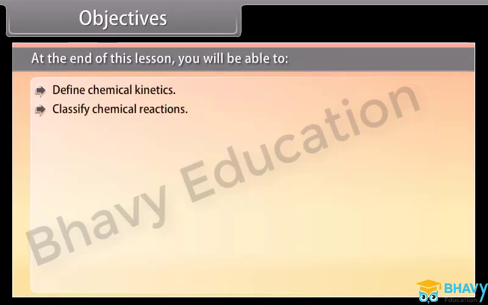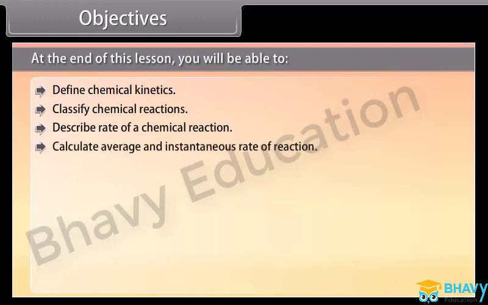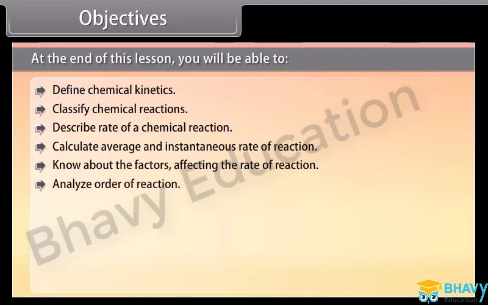At the end of this lesson, you will be able to define chemical kinetics, classify chemical reactions, describe the rate of a chemical reaction, calculate average and instantaneous rate of reaction, know about the factors affecting the rate of reaction, analyze order of reaction,